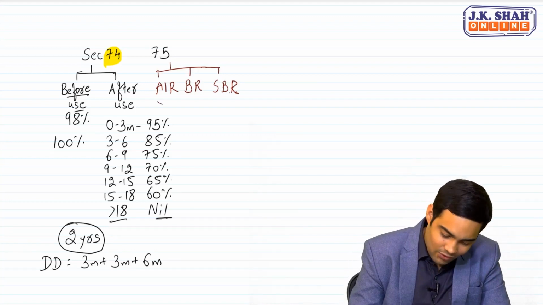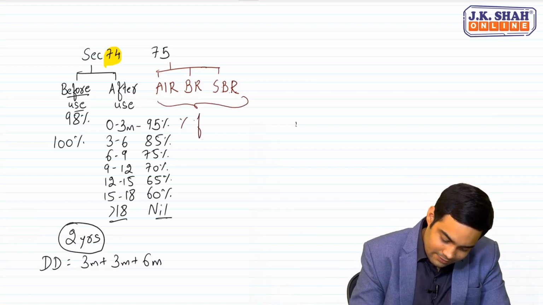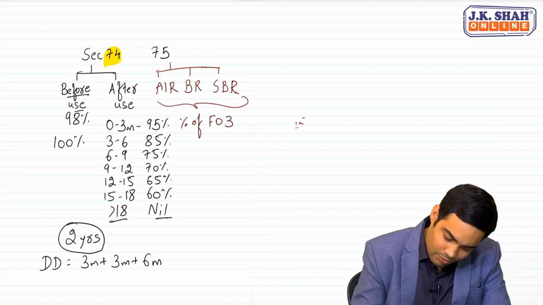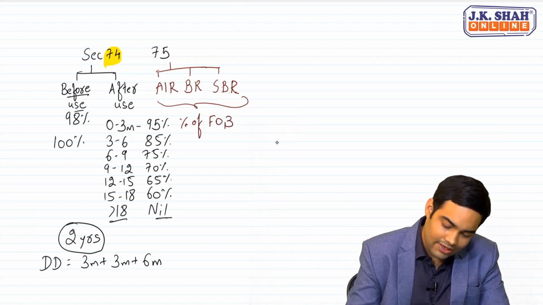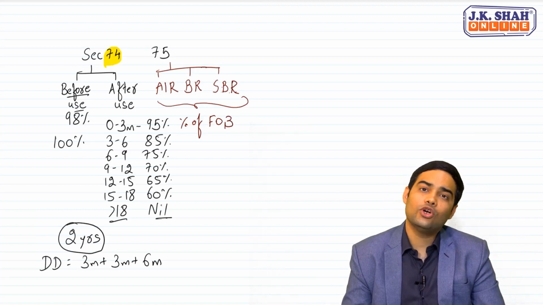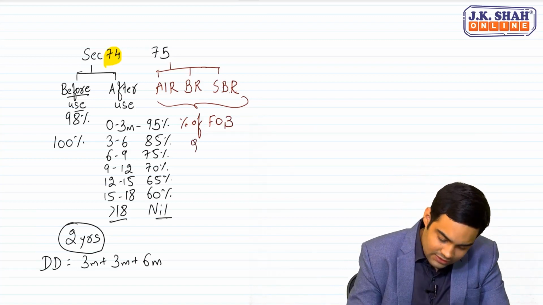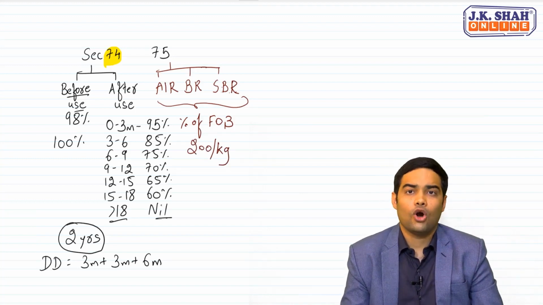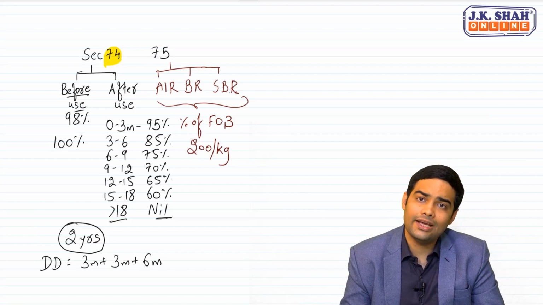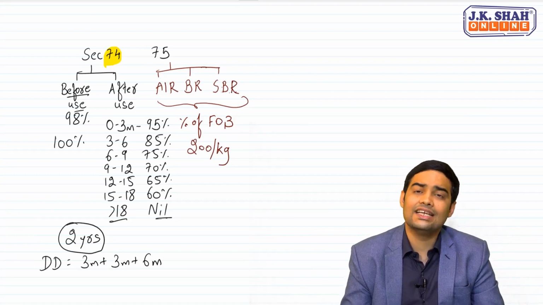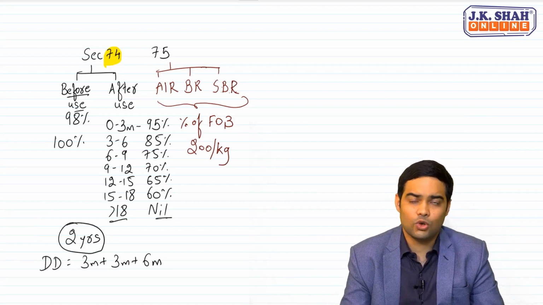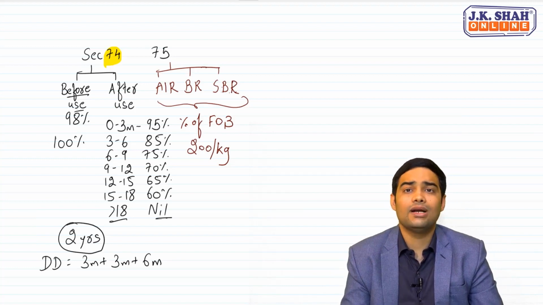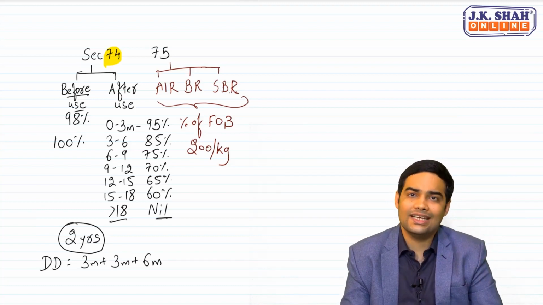These can be in the form of percentage of FOB, or it can also be in the form of value. When I say value, what do I mean? It could be in quantity. Say suppose the amount is 200 per kg. That is also a form of duty drawback. So percentage of FOB or 200 rupees per kg depending on the quantity which is exported. Both the methods are to be decided by government. Government will mention AIR depending on the nature of the product.